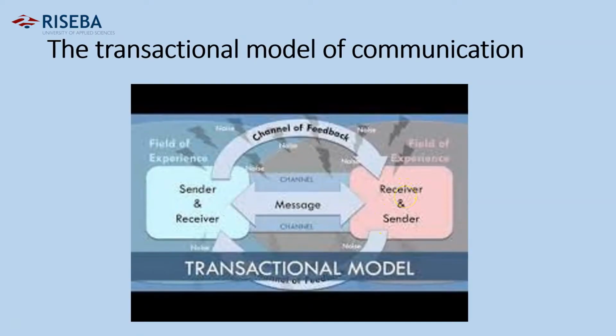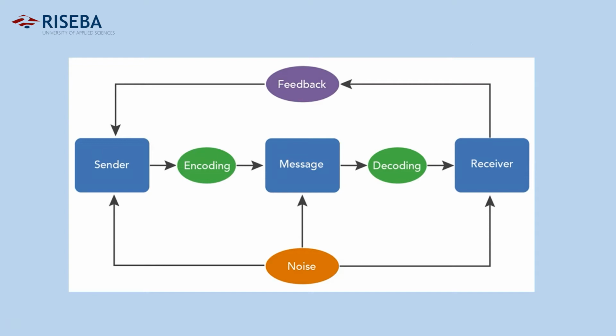Let's see here, there is also a channel. So depending on our aims, we select the correct channel. Okay, here is another way of looking at this scheme. Maybe it's more clear here. You see the sender. The whole process here also involves, in green, an encoding moment. And another one is decoding.